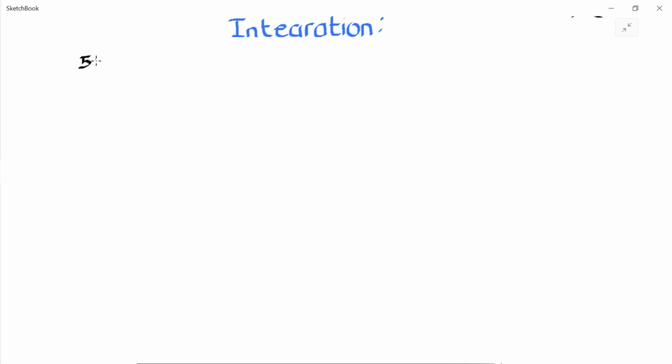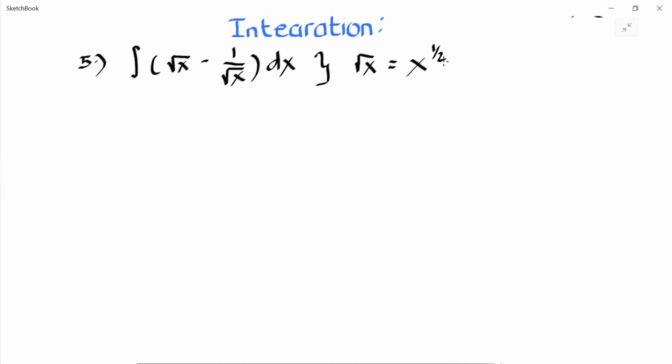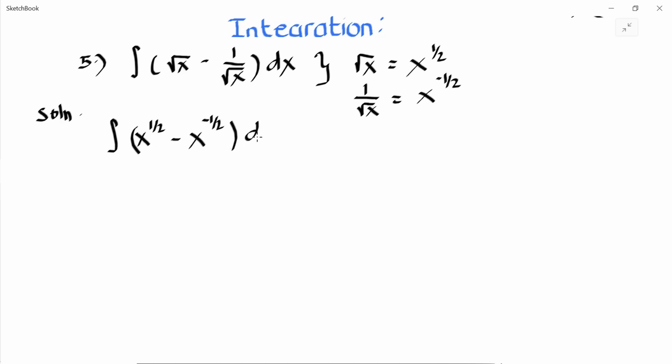So for our last example, example number 5, find the integrals of the root of x minus 1 all over root of x dx. But root of x is also equals to x raised to 1 half, right? And 1 all over root of x is also equals to x raised to negative 1 half. Therefore, for the solution, we substitute those values. And the root of x raised to 1 half minus x raised to negative 1 half dx, we integrate it